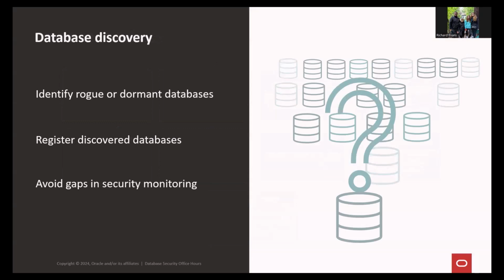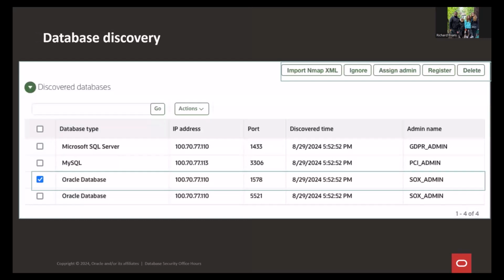So some of the screenshots. For example, database discovery, if you are deploying AVDF the first time, or after some time you want to see the delta, like if there is a silent or rogue database in your environment and you want to see whether it's being monitored from AVDF or not, we are giving you the flexibility to import your Nmap scan in XML format in the AVDF data discovery functionality. Then we map the IP address, port, and the database type and give it to you.